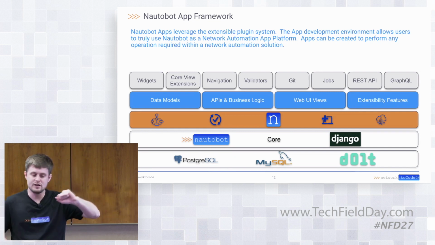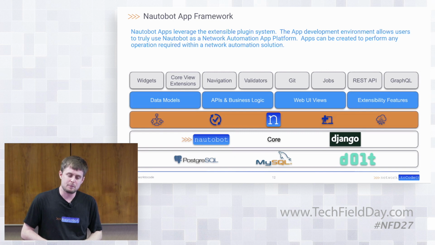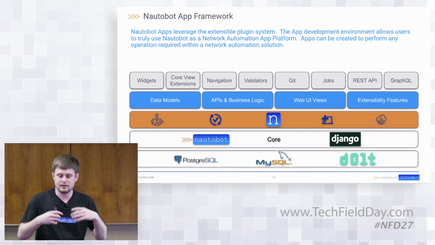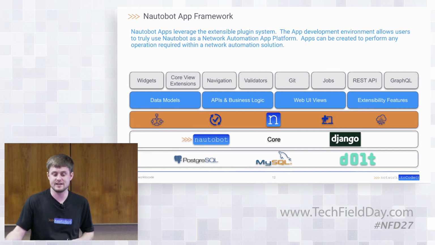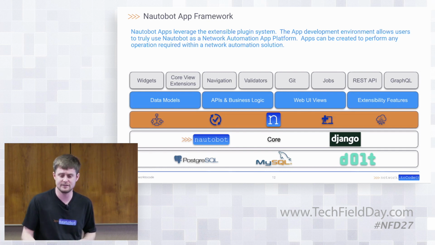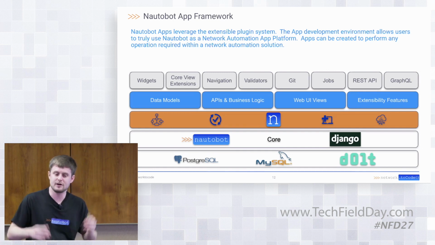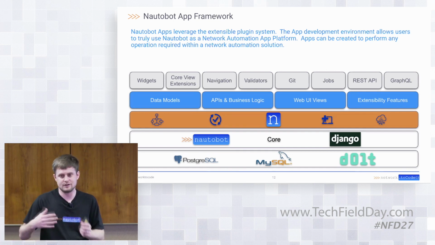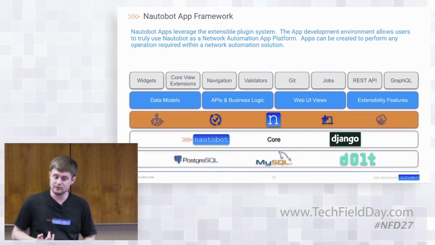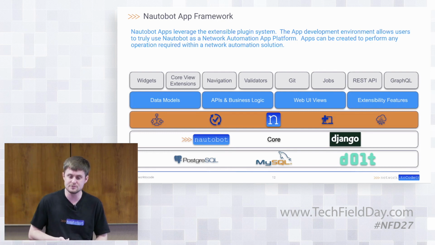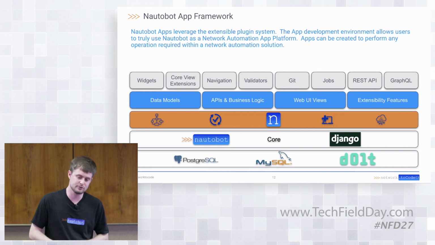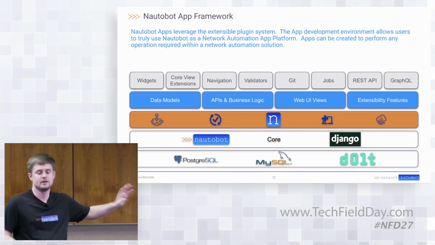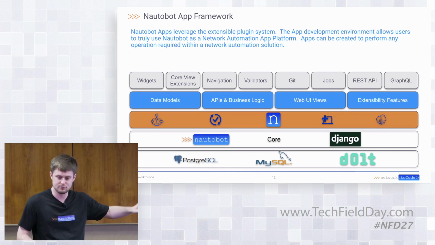Jobs is a really interesting one. Take a look at that. Jobs are a way for network automation solutions to take scripts that might exist in other realms of automation today and give them a home to live within Nautobot in an execution environment. What that gives you as an organization is a way to put a nice web UI around these automation scripts that are running on the CLI today. And you can actually schedule those as well. You've got approval queues, so you can say that a job needs to be approved by another engineer. Nautobot apps can provide their own jobs as well.